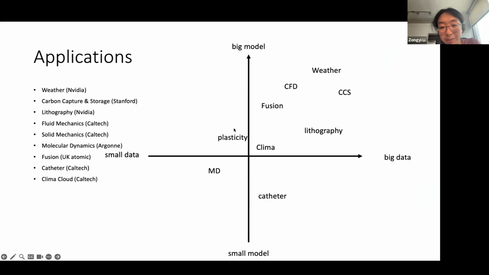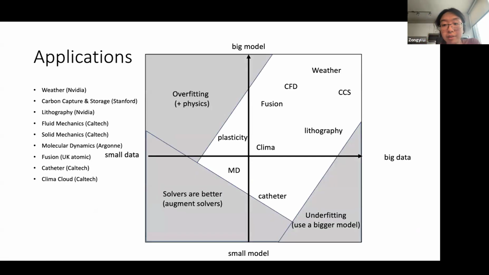We have been working on many applications across many universities and companies. Overall, we find that if you have big data and a big model, that is the best use case for AI-aided scientific computing. If your data is not enough, we just cannot learn very good models. It will overfit and not generalize. If the problem is too small or the model is too small, usually the existing solvers have been solving this problem very well. So it is very interesting to work on hard problems where we can get a sufficient amount of data.